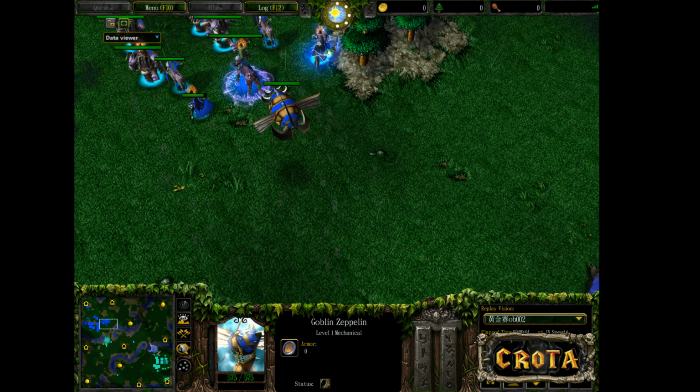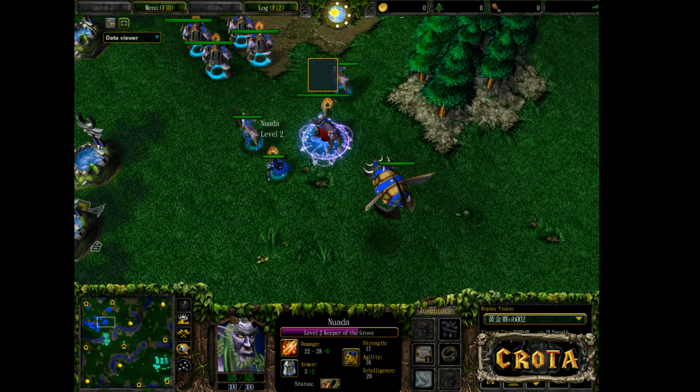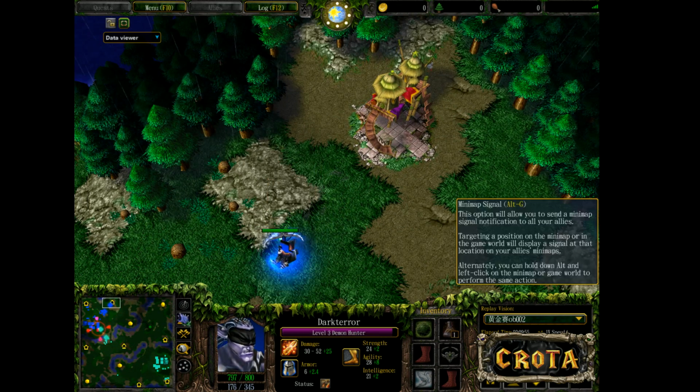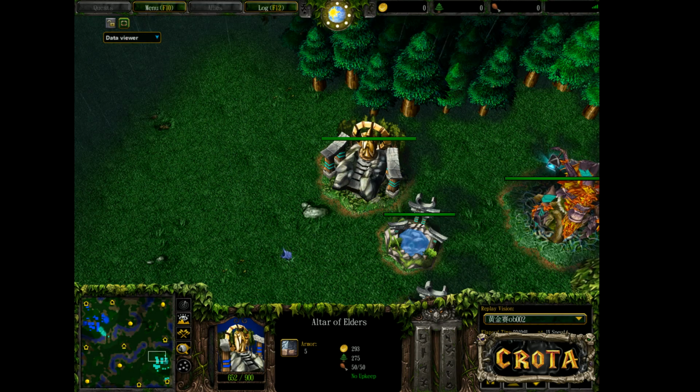We do see a single Goblin Zeppelin being added into the group. We could have some sort of Zeppelin play, as the Keeper of the Grove is still lying here ready to go. Demon Hunter heads off to the north, sells an item, picks up a Potion of Lesser Invulnerability. Demon Hunter knocking on the door of the Altar of Elders, as we see 50 over 50 supply compared to